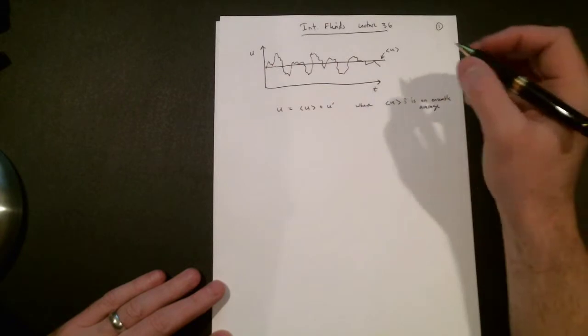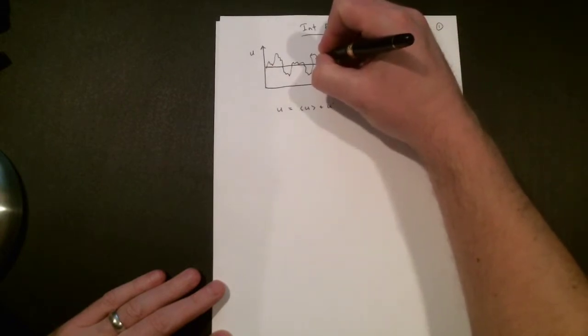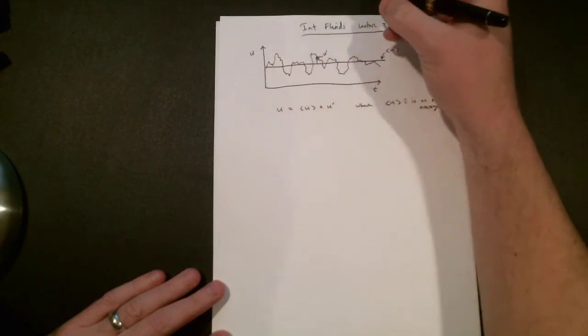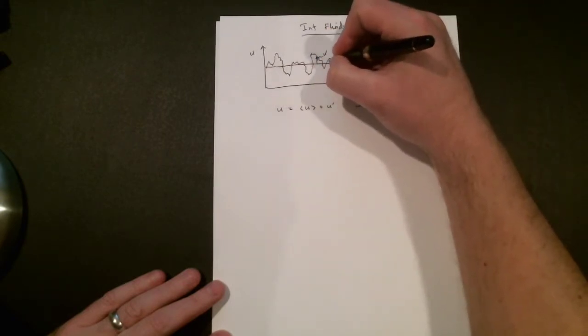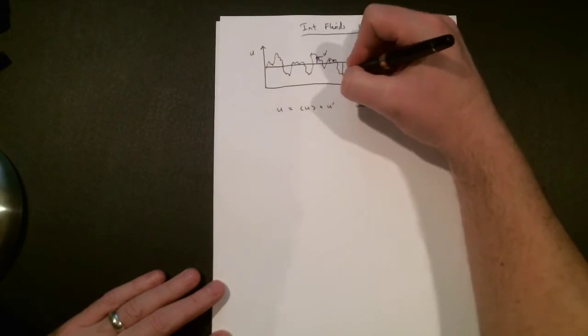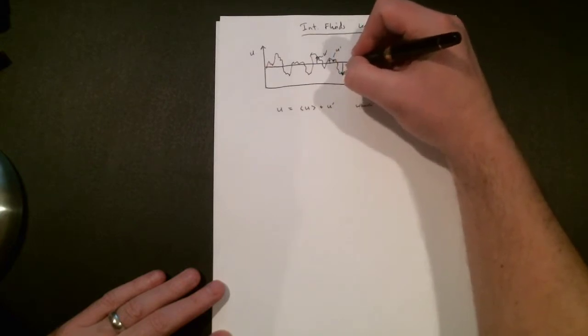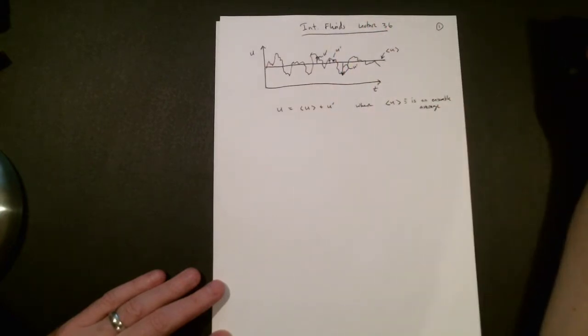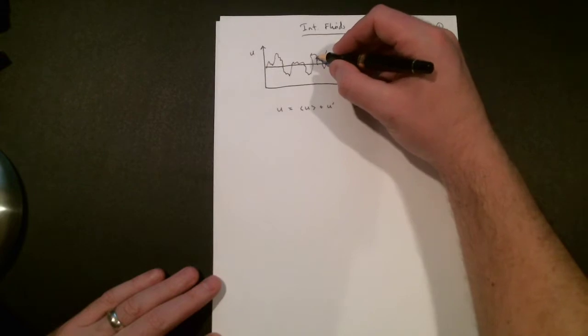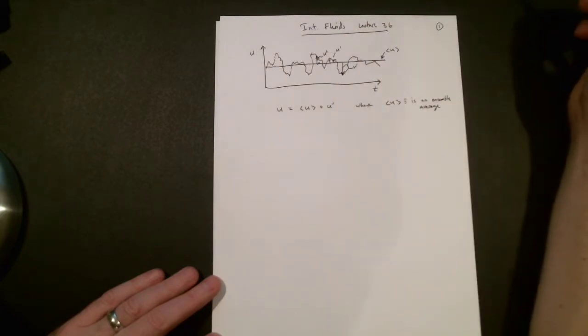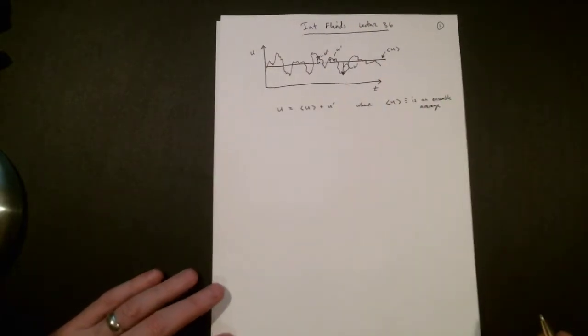Now the u prime, or the fluctuating component, is basically our deviations from this. u prime can be positive, these would all be u prime values here, or it can be negative. We can have fluctuations that go below the average. So this is also u prime. It's all these little deviations. So we're basically saying that any flow field can be decomposed into these two components at any instant in time. If we're at this point, this value here is equal to this u prime plus this u average. And this idea was first introduced by Reynolds.